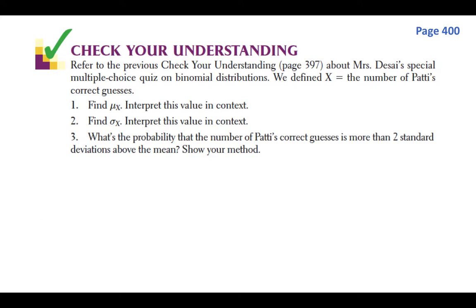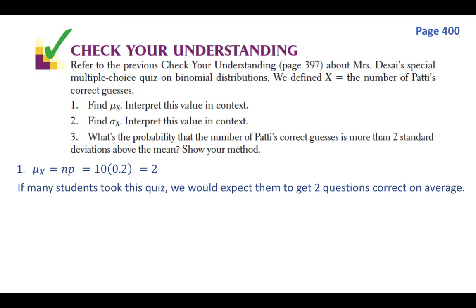The first question is we want to find mu sub x, which is the mean or expected value of this distribution. The formula is on the formula sheet as n times p, and n was 10 because there were 10 questions on this quiz, and p was 0.2 because that's the probability of getting a question correct. That is 2, and that means if many students took this quiz, we would expect them to get 2 questions